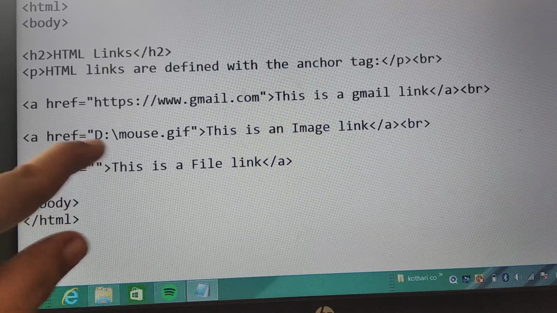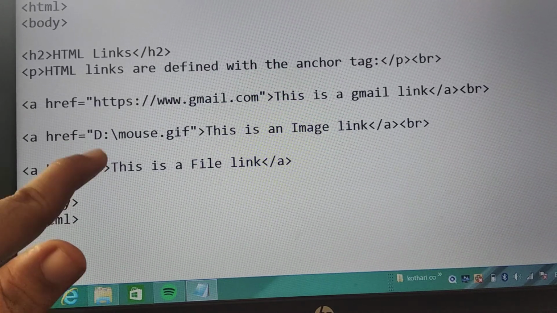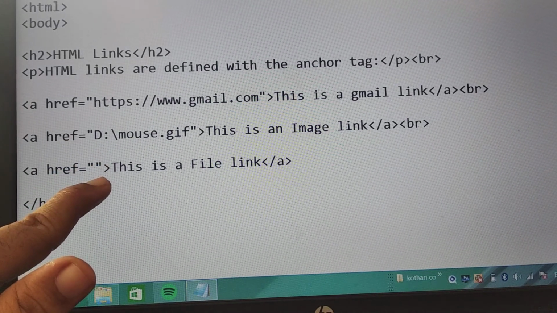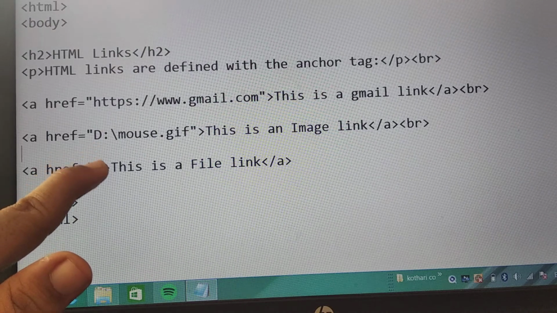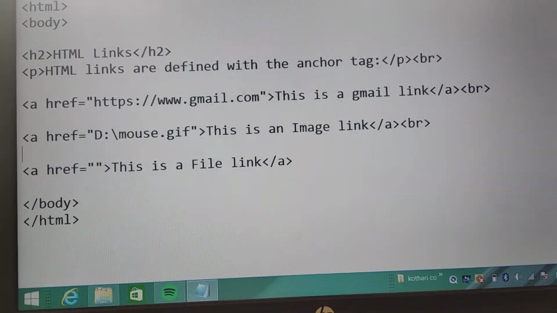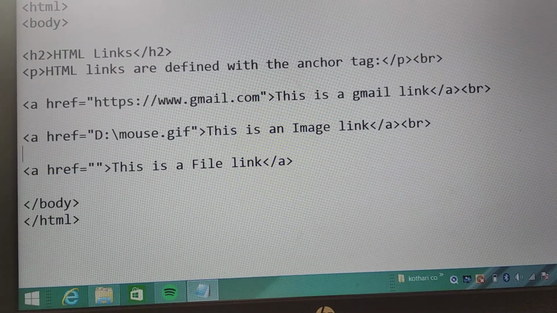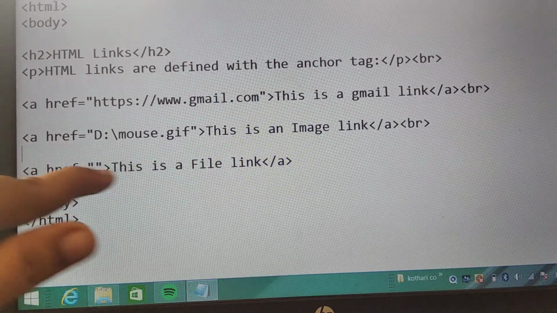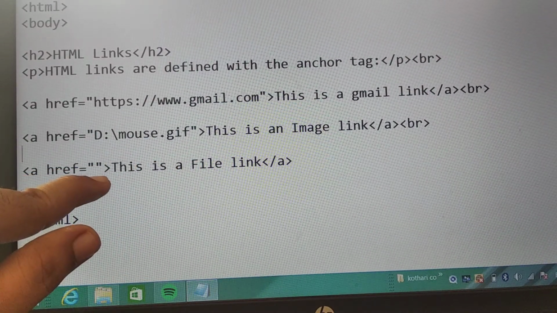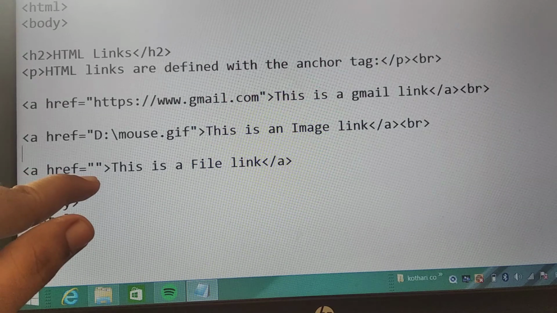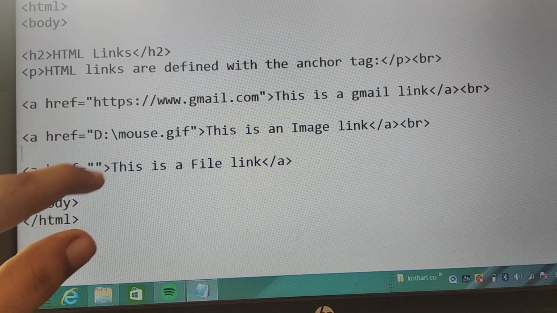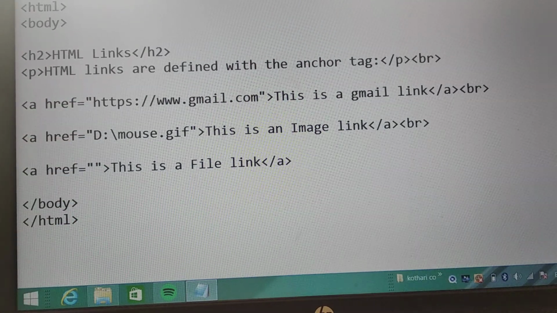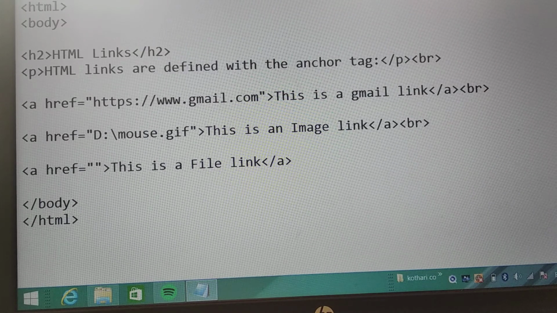If you want to display some HTML web page, then you have to put the extension .html with the file. I want to show here one HTML web page. So for that, firstly I will take the path.